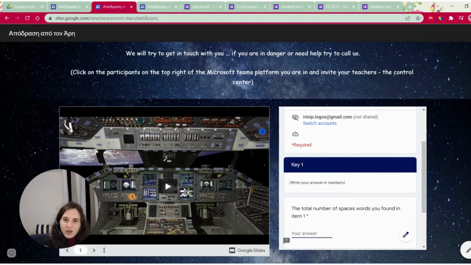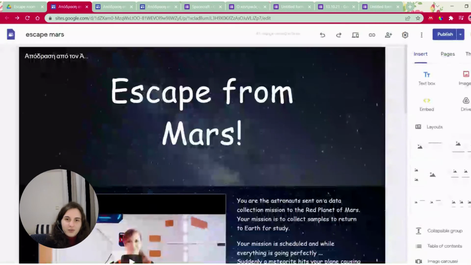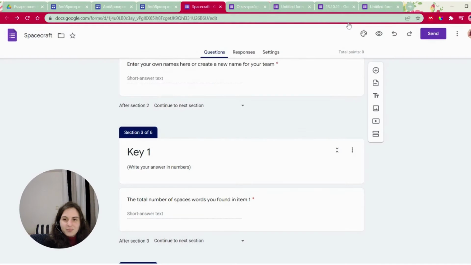And this way they're constructing the knowledge, and they are not just absorbing the knowledge, they're part of it. And this is the amazing part of a Google form, that it can go from a really simple test and a simple collection of data, to an anonymous feedback that gives the teacher the opportunity to have a better idea of the classroom, to the opportunity for the students to create knowledge and be part of it, and gamification of knowledge, or storytelling, or autonomous learning paths, and many other options according to your imagination and to your